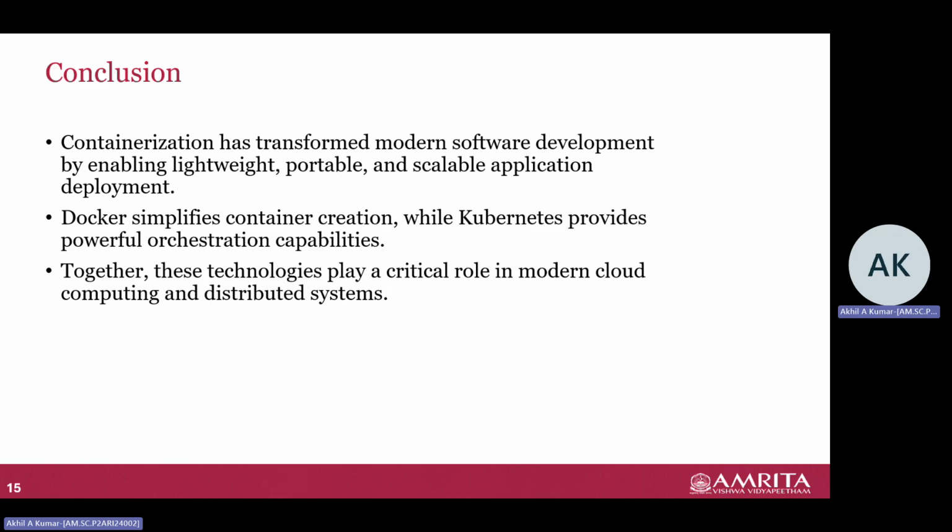That is CI/CD. However, when applications scale and require hundreds or even thousands of containers, managing them manually becomes very difficult. So this is where Kubernetes becomes essential. Kubernetes automates container deployment, scaling, monitoring, and recovery, making large distributed systems more reliable and efficient. Another important benefit of containerization is scalability and resilience. Kubernetes can automatically scale applications on demand and replace failed containers, ensuring that services remain available even in case of